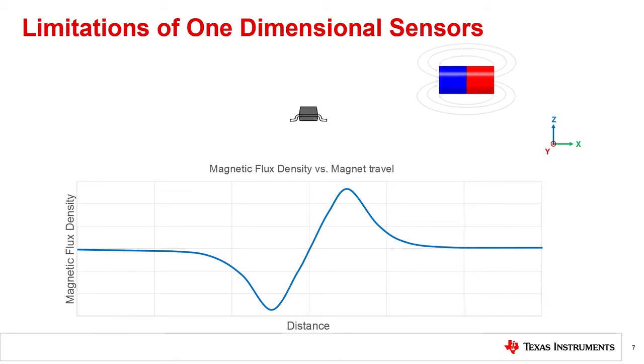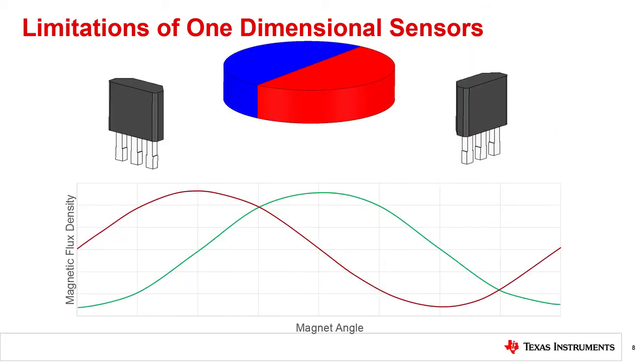In this particular case, we have a very linear input region that corresponds to the length of the magnet. The zero crossing occurs with the magnet perfectly centered above the sensor. While it is very easy to determine position in the linear region where the magnet is above the sensor, one-dimensional visibility restricts the measurement range. Any travel outside the linear region will require additional sensors, since each output level could now correspond to two locations.